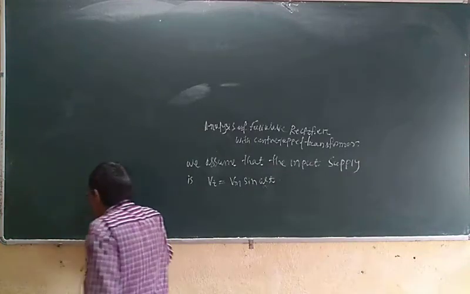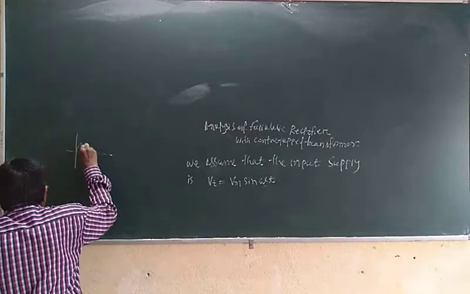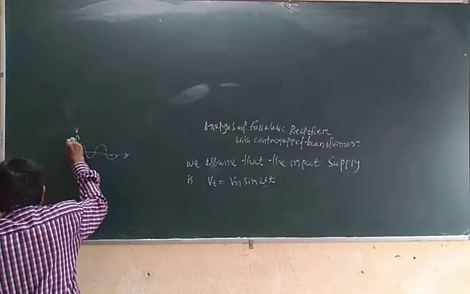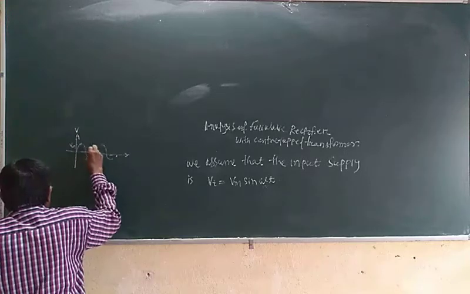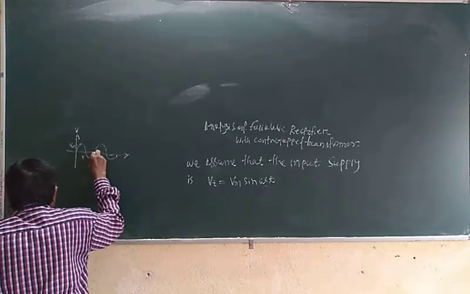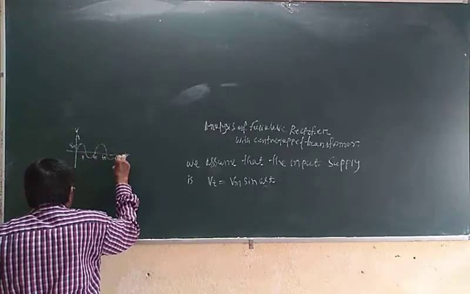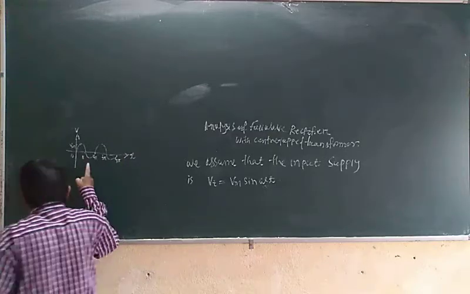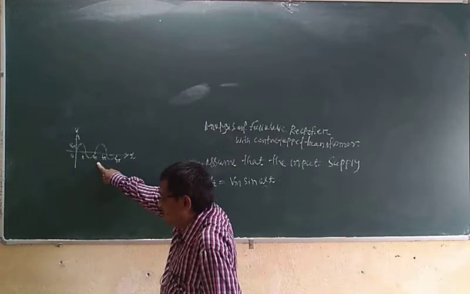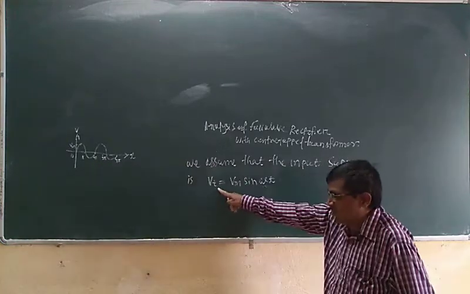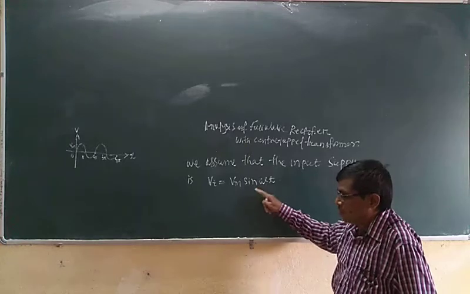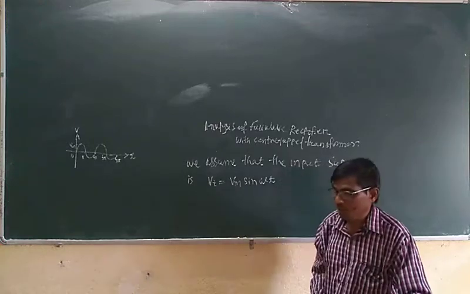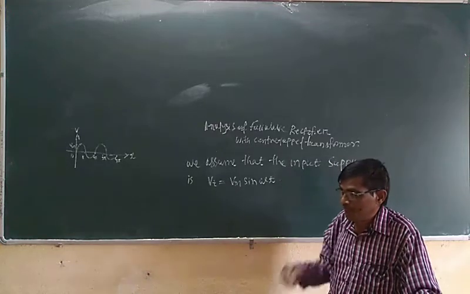A signal like this is the sinusoidal signal. This is the V and that is the Vm. And this is the time period, that is pi, 2 pi, 3 pi and 4 pi, like this. This is the time axis. Now this is the origin. So this signal is known as a sinusoidal signal. In this signal, the equation of our input supply is Vm sin omega t. Omega t is nothing but theta, and Vm is the maximum voltage of our input supply.